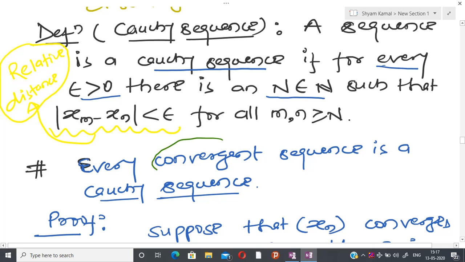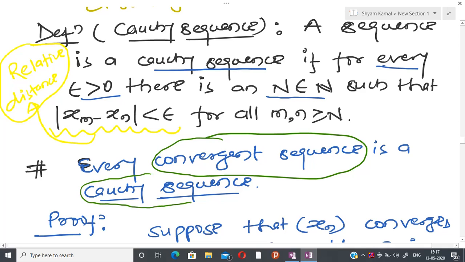So a convergent sequence means we are seeing the distance from the limit point,